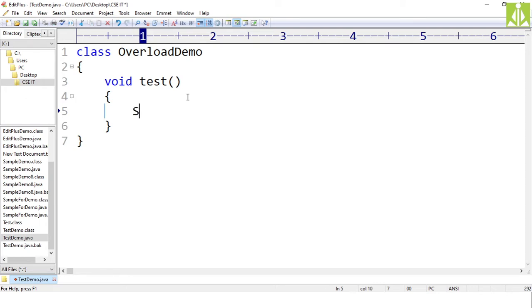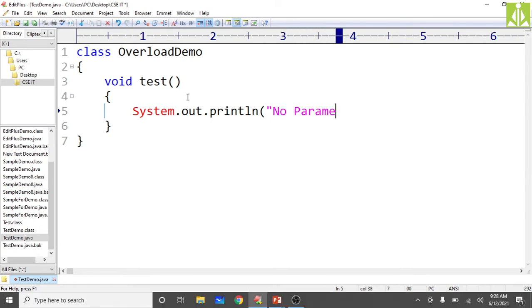Inside it, I'm simply keeping one statement, System.out.println, saying no parameters. So this is my first method. And I'm writing another method with the same name test. So this is method overloading now.